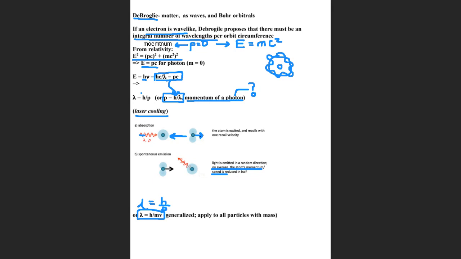So this, in principle, should apply to all particles with mass. And you could apply it to an electron, for example. And when you apply it to an electron in a hydrogen atom, you find